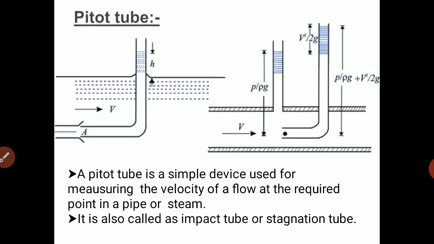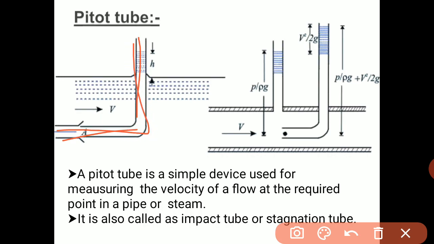One leg is called the body, is inserted into flow at upstream and aligned with the direction of flow, whereas another leg is called the stem. Okay, this is called body and this is called stem, is vertical and is open to atmosphere. The liquid rises in the tube due to changes in energy. The velocity is determined by measuring rise in a tube. Okay, so whatever velocity we are measuring, it is due to rise in a tube.